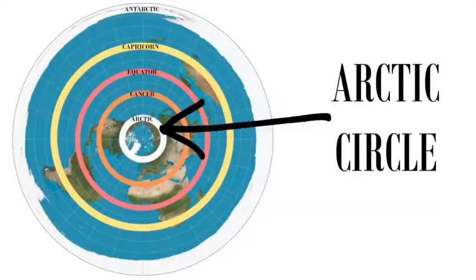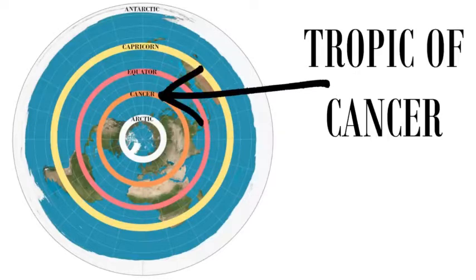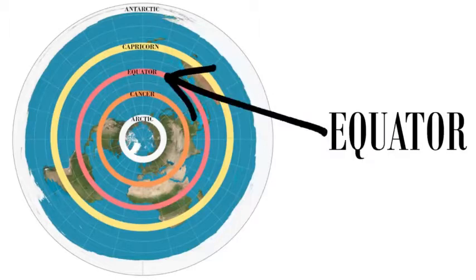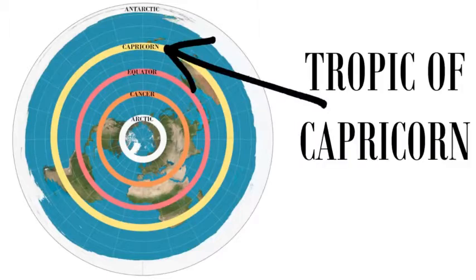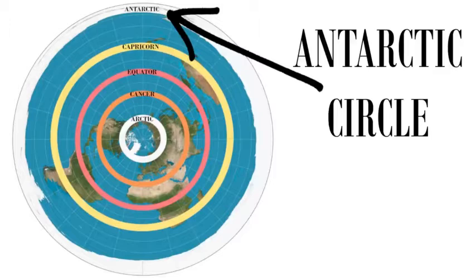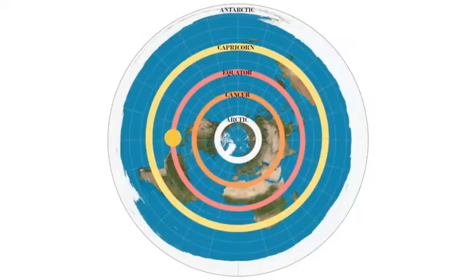We have the Arctic Circle, closest to the center, the Tropic of Cancer at 23.5 degrees latitude in the northern hemisphere, the Equator at 0 degree latitude, the Tropic of Capricorn at 23.5 degrees latitude in the southern hemisphere, and the Antarctic Circle. The sun journeys from the equator at the March equinox up in concentric spirals to the Tropic